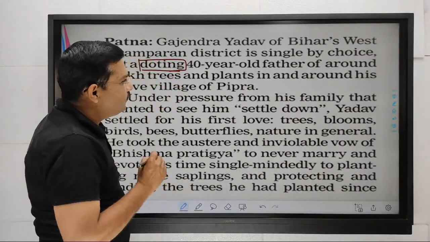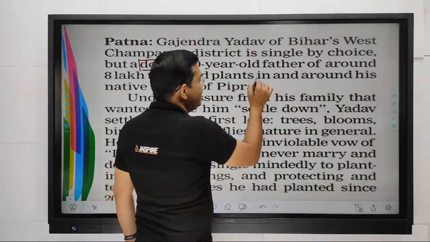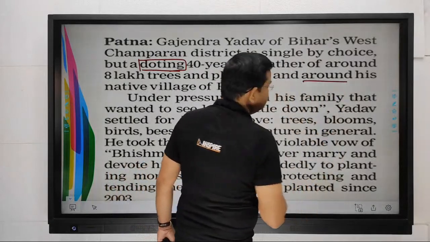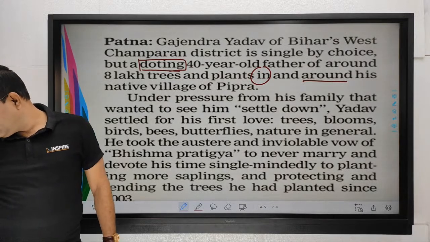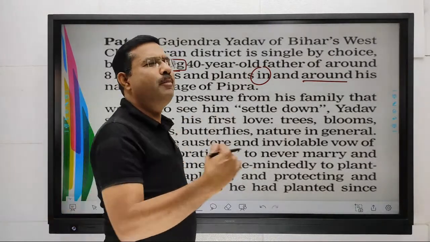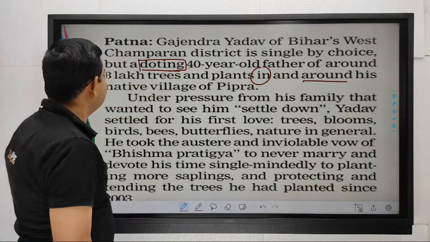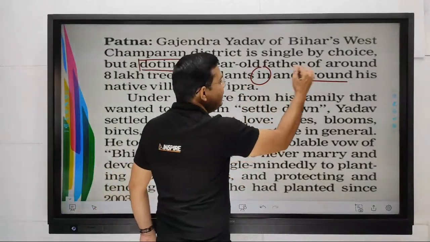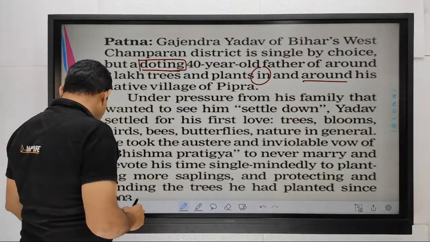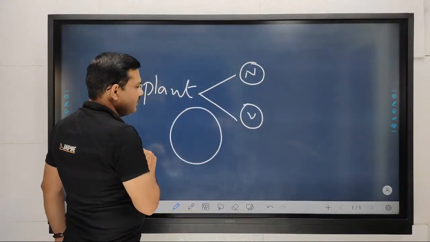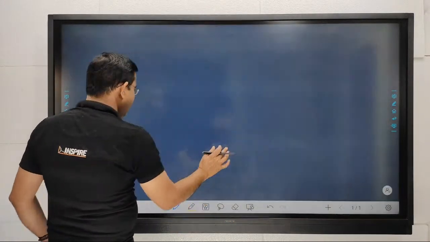40-year-old father of around 8 lakh trees and plants, see, in and around. Why we used in and around? Yes, adoring, loving, affectionating, caring, so many synonyms are there of doting. So a doting 40-year-old father of around 8 lakh trees and plants in and around means in that district that is surrounded, in boundary is there, so in and around also. So in and around that particular district,